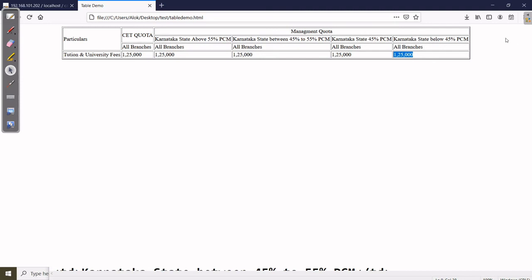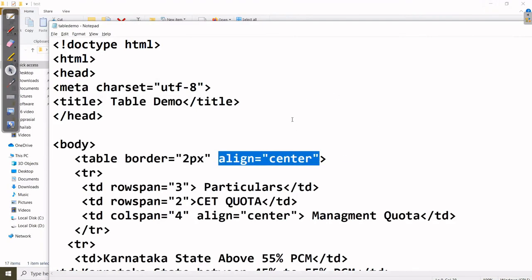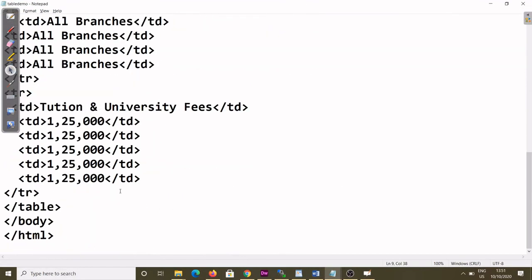And one more thing, you see these values are not in the center, this value, this value, this value is not in the center, right? So in that case what you can do, you can again use align for the values only. This is the value here, TD align equal to center, right?